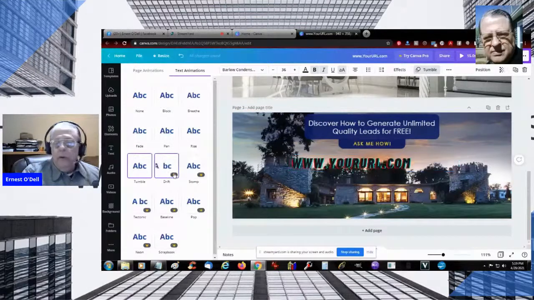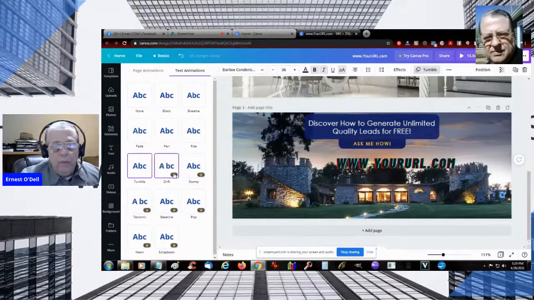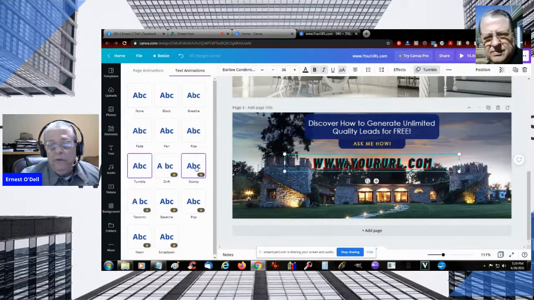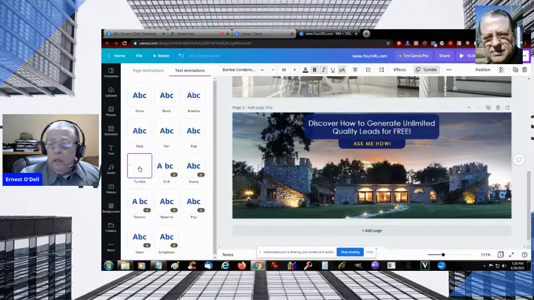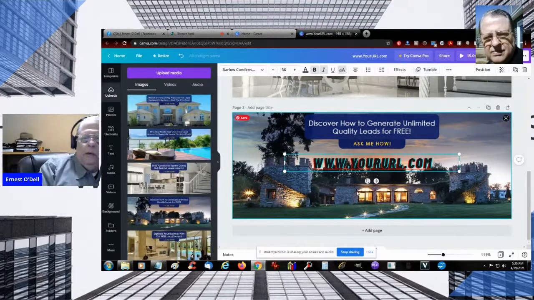These right here with the crown on it are for pro versions, pro subscribers. And then this is stamp. This is tectonic, baseline, pop, scrapbook, neon, kind of gives a neon blink. So if you was to use that, you could. The tumble does well, catches people's attention. Okay, now we'll go back